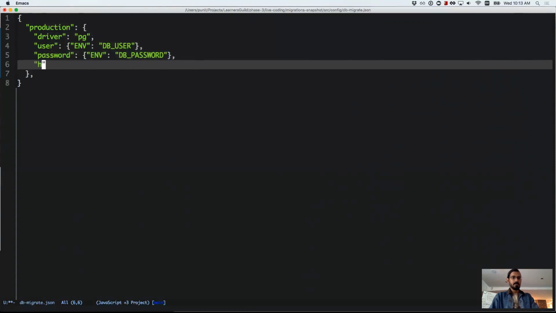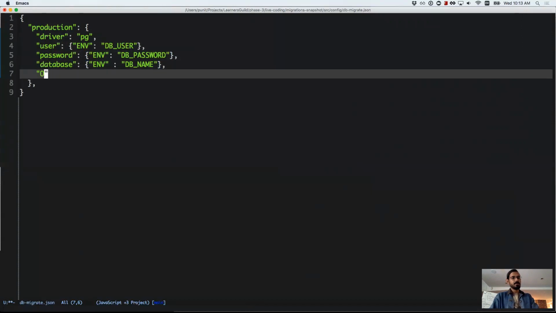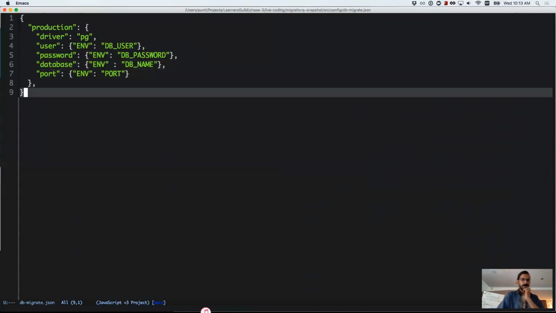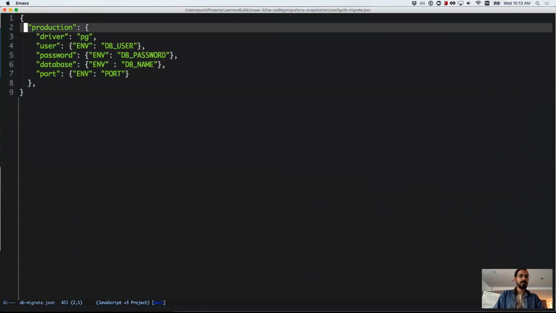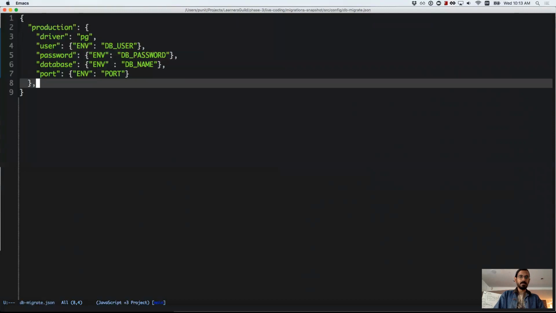And then database becomes the DB name. I think there's a port too. Port becomes the port. Right, so this is in production, but let's look at something which we normally use, which is